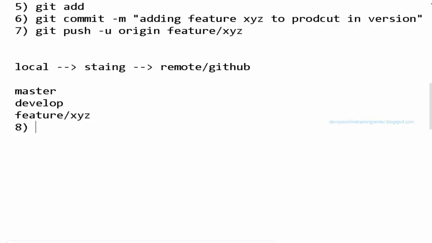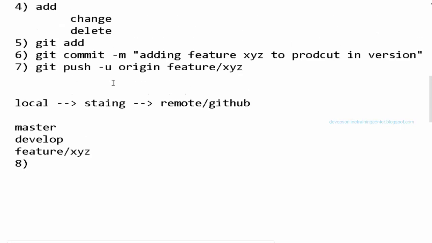Actually, before pushing changes, we need to do some kind of testing. I did not mention it, but before adding the changes, do the tests. Generally, developers do some unit tests. As a DevOps engineer, we are also supposed to do some kind of testing before making the changes, right? Some silly mistakes like syntax issues and all, at least we should avoid before going for the review, right?